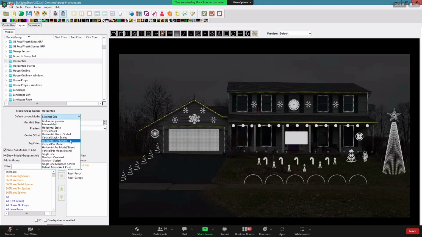The problem with horizontal stacked or vertical stacked, I can't remember which one's better, is if you have something like P5 panels that are different resolutions or different sizes, they don't really work that well. But if you do vertical stack scaled, if you were to put this one and this one, the resolutions don't matter, and you could have an effect go across all of your matrices if you wanted to.